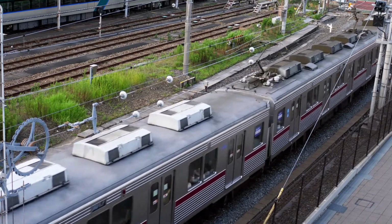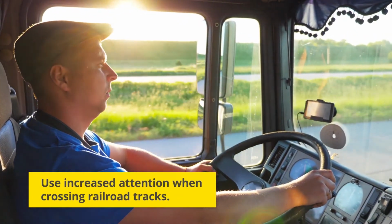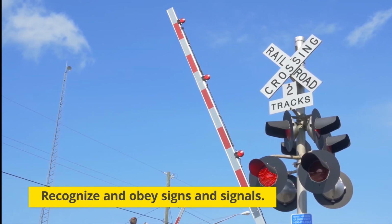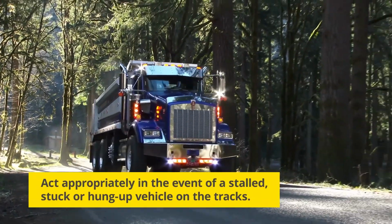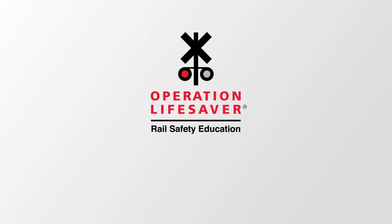Stay safe and help others stay safe around tracks and trains when you use increased attention when crossing railroad tracks, recognize and obey signs and signals, and act appropriately in the event of a stalled, stuck, or hung up vehicle on the tracks. For more information, visit our website at